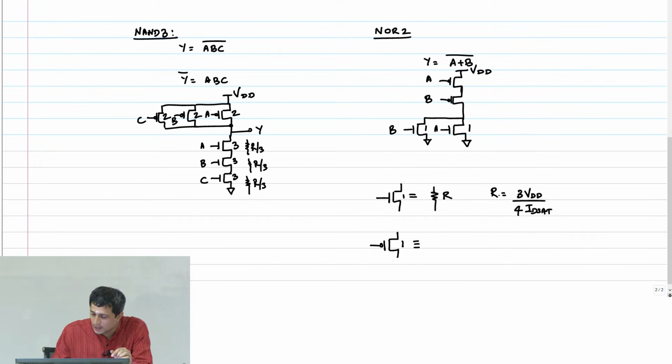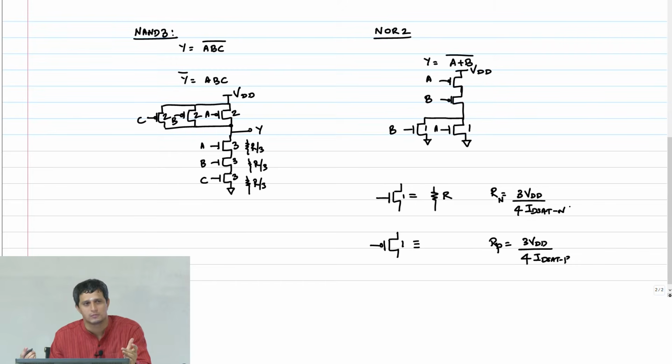So if I look at this, NMOS R, PMOS R is 3 VDD by 4 ID SAT P. You take the ratio of the resistances, assuming that the widths are the same, it will eventually be the ratio of mobilities, assuming all the other technology parameters are symmetric, VTN equal to minus VTP, VD SAT equal to minus VD SAT P and all that, then all those terms will cancel. You are free to work out this expression for a PMOS transistor charging.